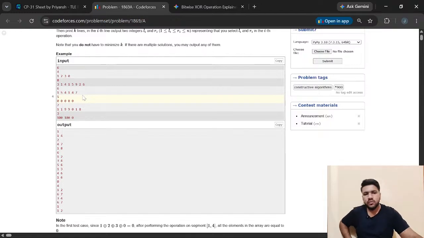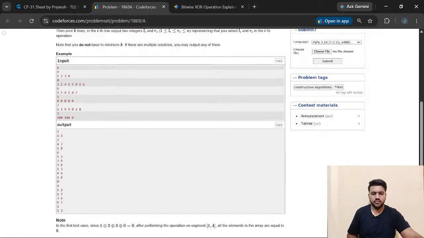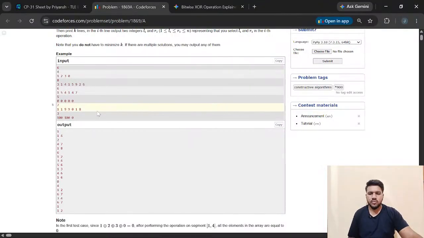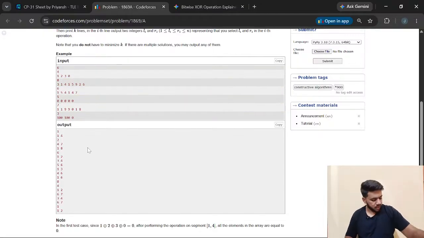Okay, the output we have to perform is... okay. Now I understood. We have 3 1 4 1 5 9 2 6, right? What he did is, to minimize the operations, we can do a maximum of 8 operations, right? Now what he did is he took